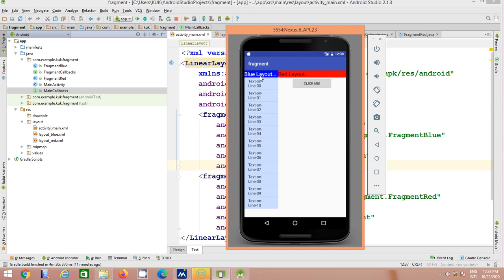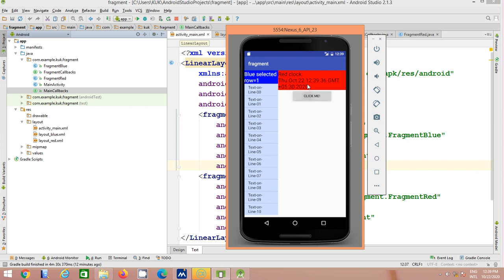view of the blue fragment, and the message is also transmitted to the main activity, and the main activity displays the corresponding toast message. So when we select any value, the corresponding toast message is displayed, and the value of the text view also changes. "Main got message and sender is blue fragment, and the message selected is your 4," and accordingly the value of the text view is also changed. That is the part where the message is communicated to the main activity.